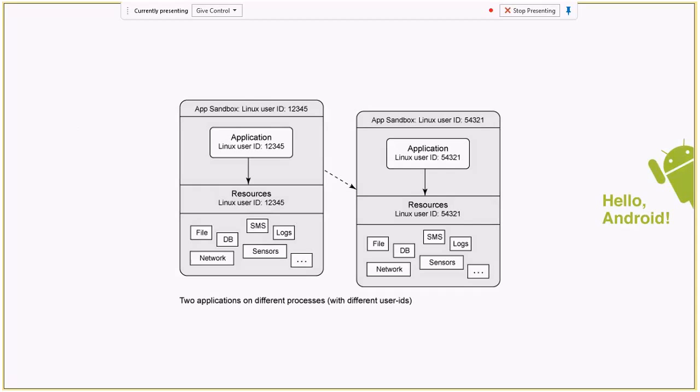As I said, each app is assigned a unique user ID on the system. Like here, there are two apps. They are provided a unique user ID. The process runs with this user ID and group ID, and they will have access to their own resources, not anything outside the sandbox. Apps get to talk to each other, but in an explicit manner, as you define in your manifest file. We'll see more details on this.